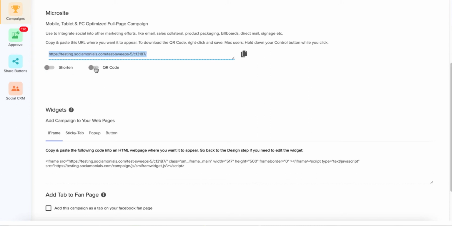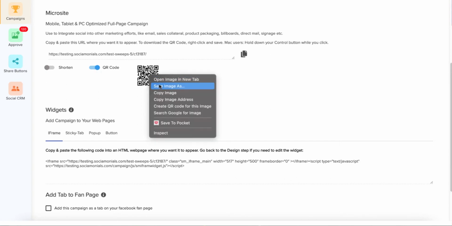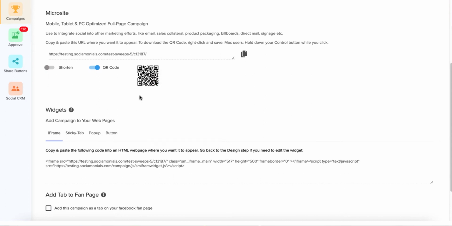So let's say you have a restaurant or a shop. Go ahead and generate a QR code. Just check here, and we create an image for you. It's actually a very high-res image. Right click and save this image locally, and you can print this on a flyer for your window, a flyer